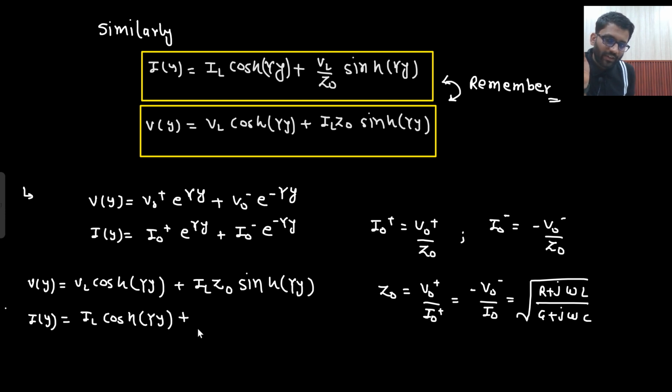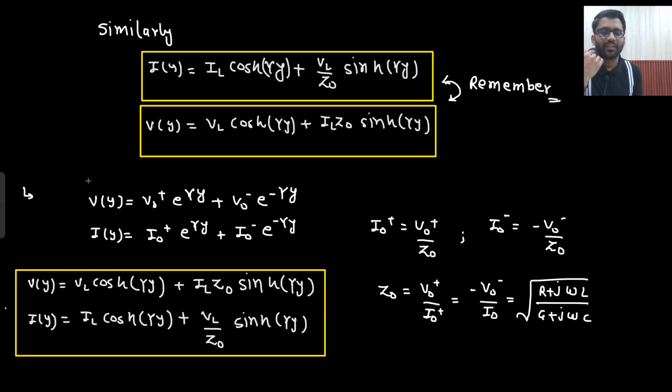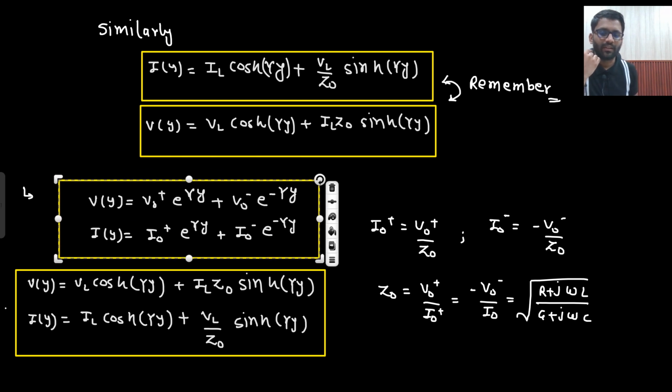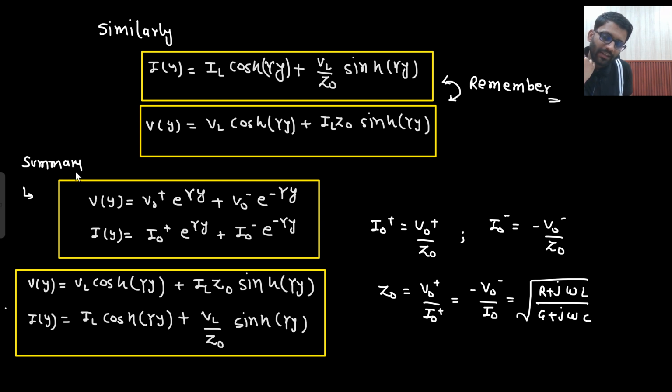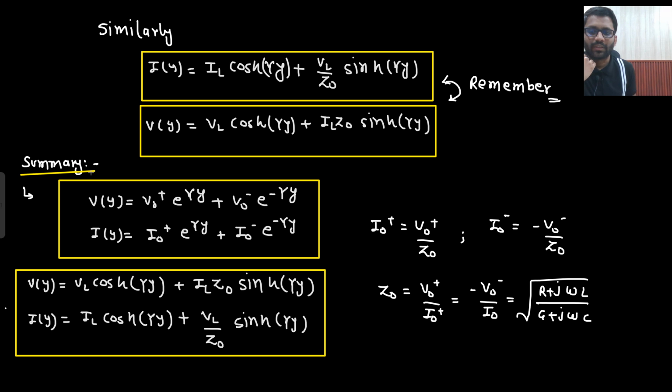Now I will write down voltage. What is the voltage? VL, and that I need to divide by some impedance, so divided by Z naught, sinh gamma y. So till now, whatever derivation we have seen, from the derivation you just need to remember these things. If you remember only this much summary, that is more than enough for you to solve any problem regarding this